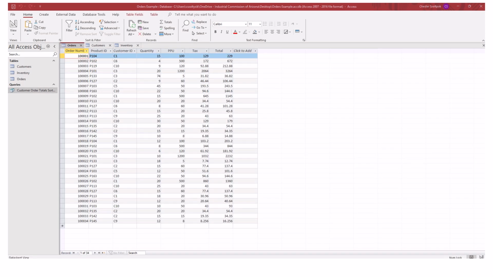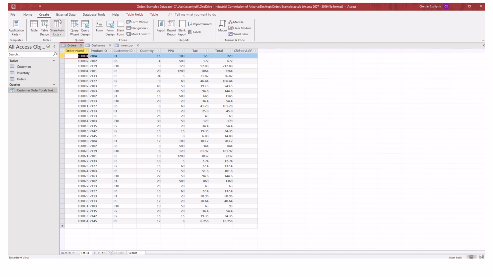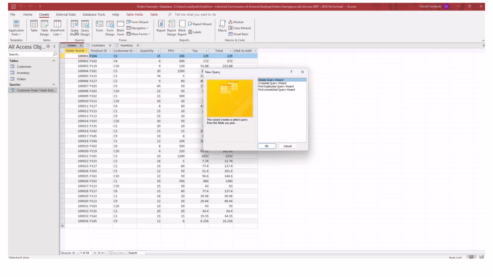Okay, so now we're working on our next goal from our boss, which was tell me which customers haven't bought anything. So for that, I'm going to show you a different technique in which you can build a query. In this case, we're going to go back to Create, and we're going to go to Query Wizard. Now in Query Wizard, I'm going to do Find Unmatched Query Wizard. So Microsoft Access has a built-in query building tool that is going to be able to get this report for